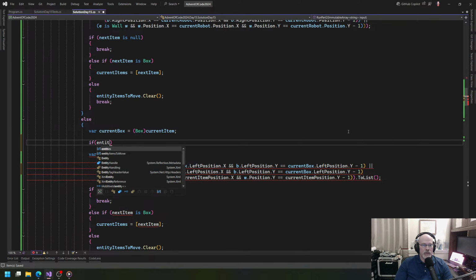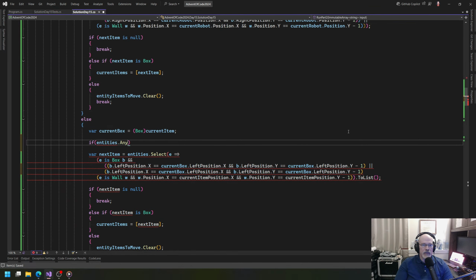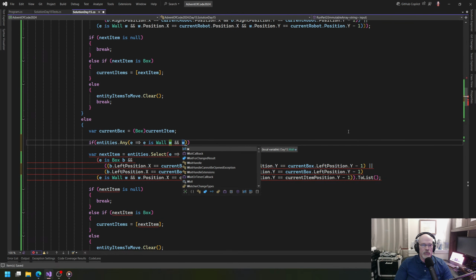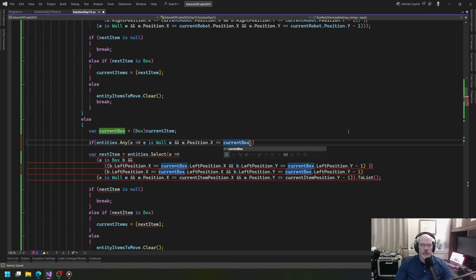If entities any, say E, where E is a wall, W, and the W's position X is equal to the current box's left position X, and